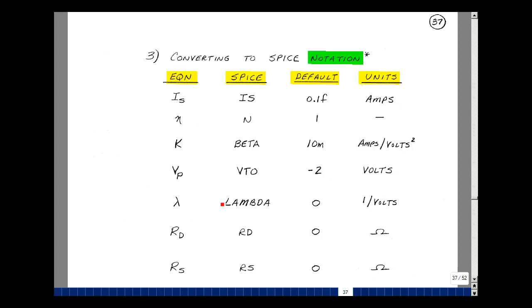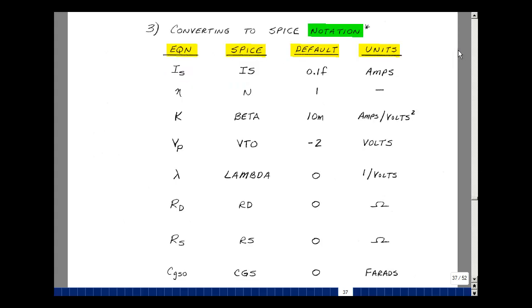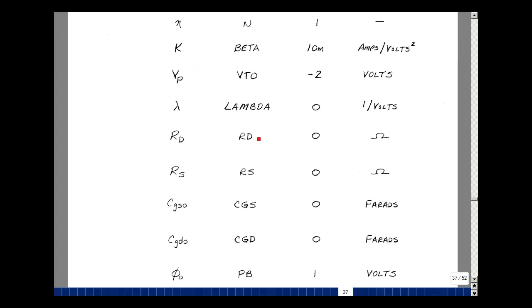It's actually spelled out in SPICE. It has units of 1 over volts because it's being multiplied by a voltage. It needs to be dimensionless for the current equation. We now have some series resistors. R sub d and R sub s are called Rd and Rs. They're defaulted to 0, so you can see what the effect of not having them in and having them in